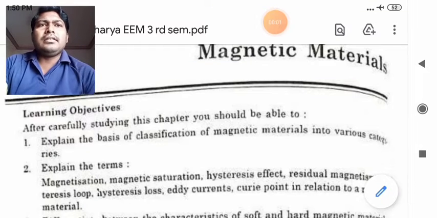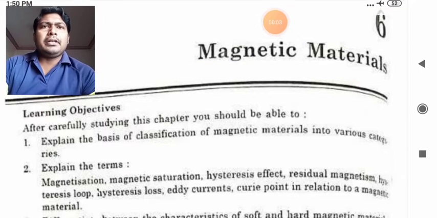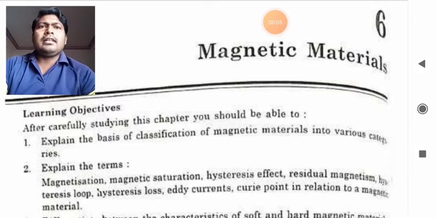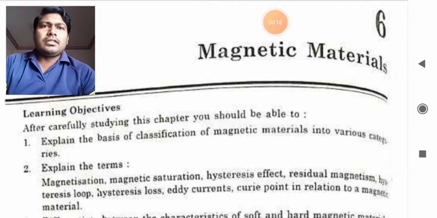Today we'll start a new chapter, that is magnetic material, and this class is important for third semester diploma electrical students. So before going to this chapter, let us first understand the learning objectives of this chapter. After the completion of this chapter,